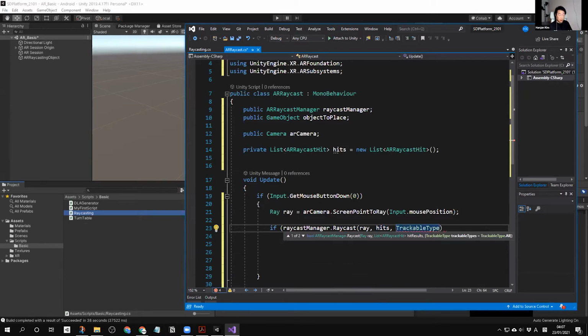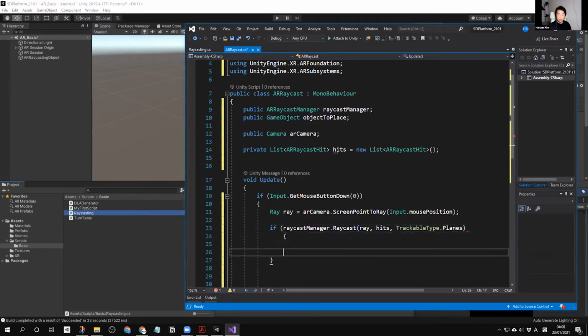This is a different thing about the AR raycast. It's going to find which part is going to be ray casting. So now we only want to cast on the plane, right? So I'm going to select the planes, and if I do this,